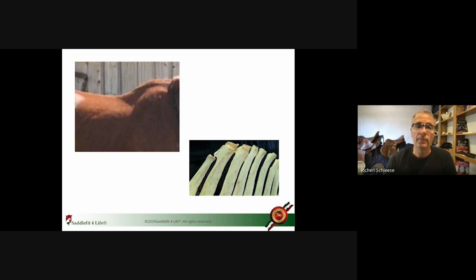And what does that mean? That means the contact is where the rider would sit bareback, the contact of your tree or your saddle sits here. You never want to lose the contact there. Because if you have the ability and the skill to get the horse round, if they bring the back up, that actually decreases the pressure on the front and the back.